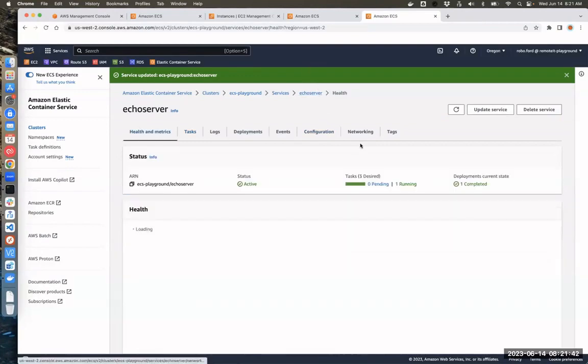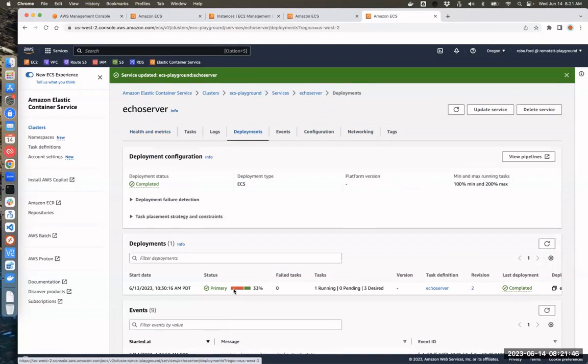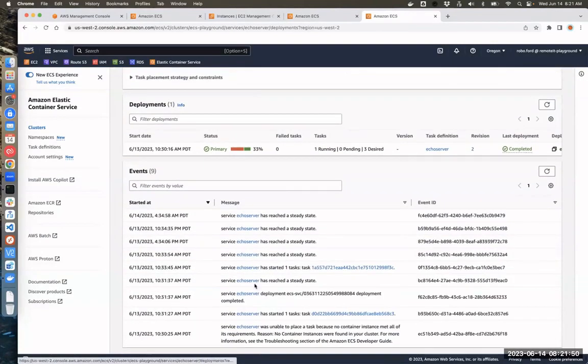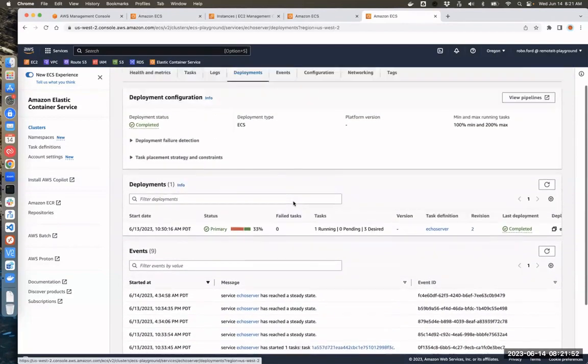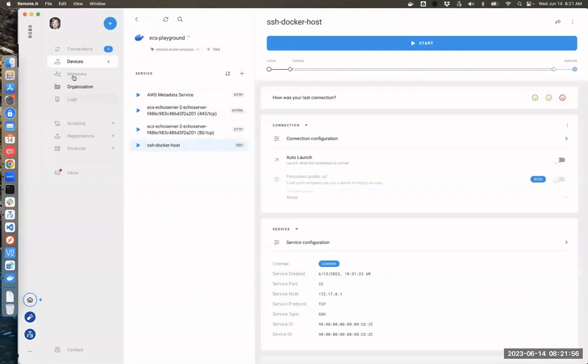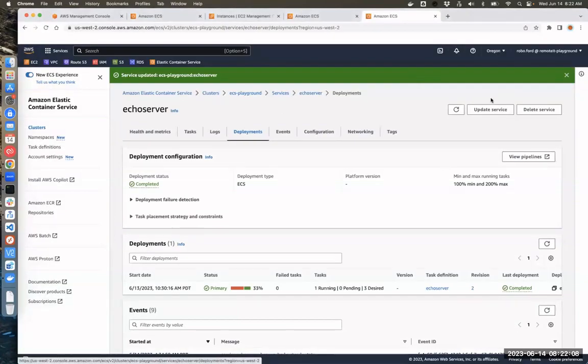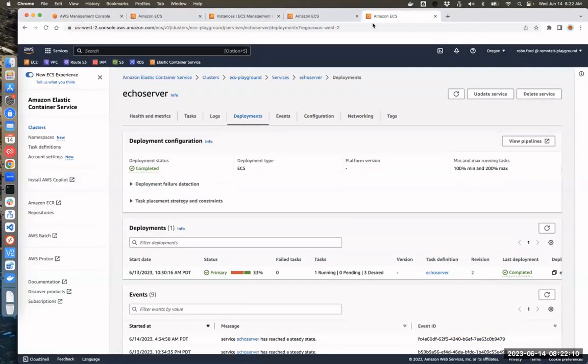So if we look at the deployments here, you see that we have a red here with 33%. It looks like it's getting ready to come up, has reached a steady state, and it's going to start launching a couple of these tasks. As it's launching these tasks, we should see in our device list, we should start seeing more. See, we had 4 before, look, 4. Now it's adding more over here. We had 2 there, so it's added 2 of those. So it looks like that it's updated already.